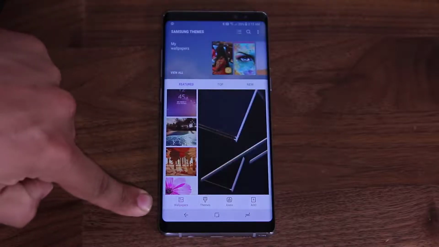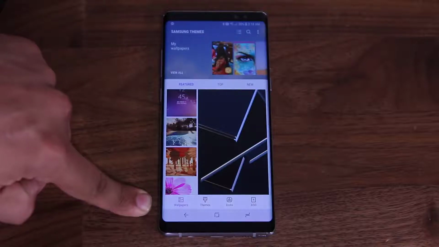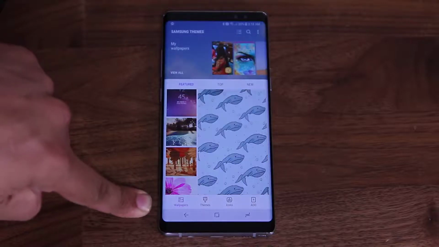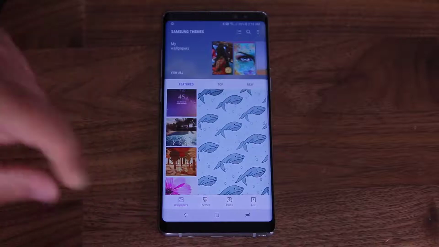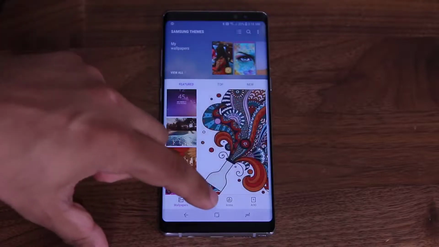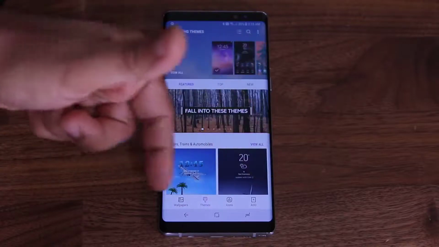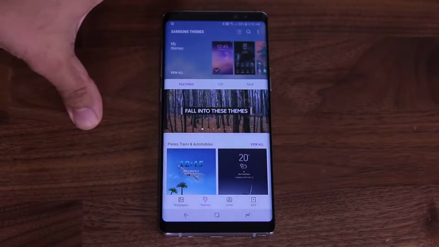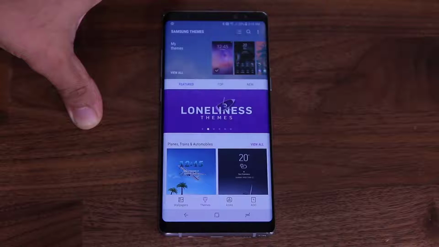It says wallpapers, themes, icons, and AODs. AODs are the always on display. We're going to be concerned about the theme store, but everything you're going to find out over here is basically the same as what applies to the other ones. Now with the theme store, in the very beginning, you're only going to have 1 or 2 themes installed